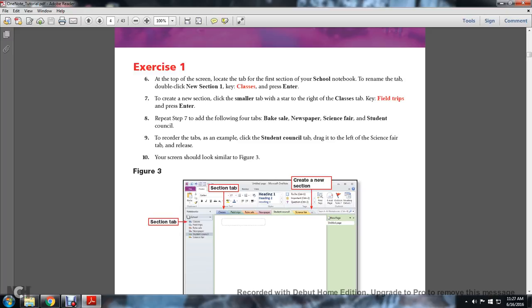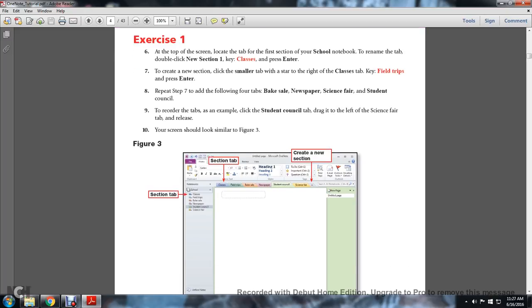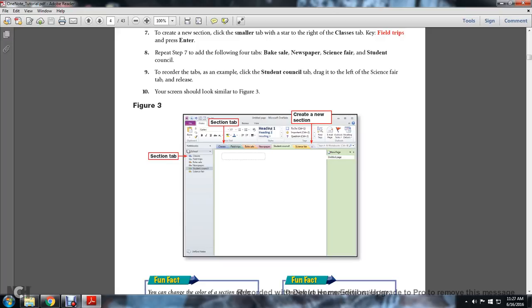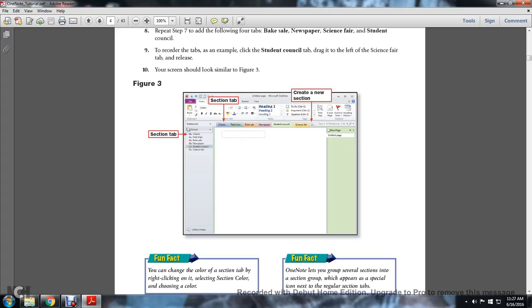To reorder the tabs, as an example, click Student Council and drag it to the left to the Science Fair tab and release. Your screen should look similar to Figure 3. This shows the section tab, creating a new section tab over here with the star of the folder. Your section tabs are listed underneath your notebook, and then on the top as headings, just like